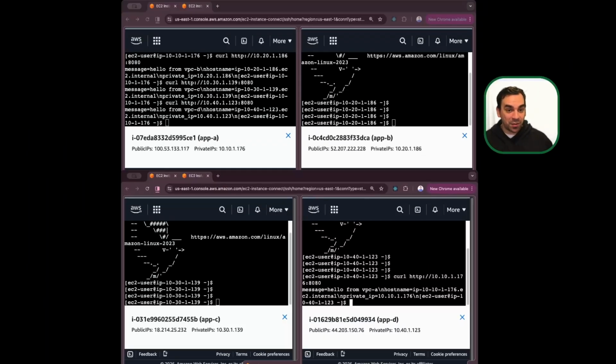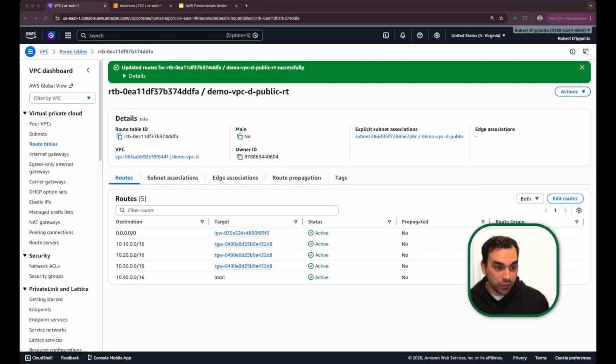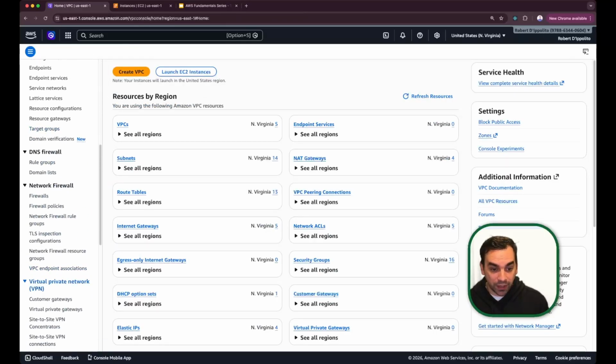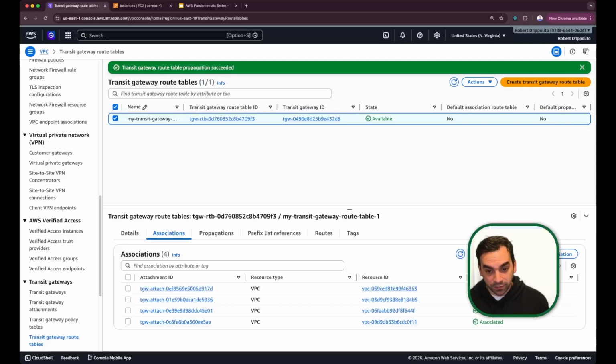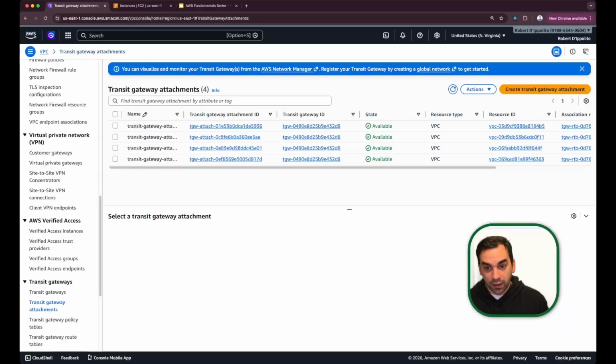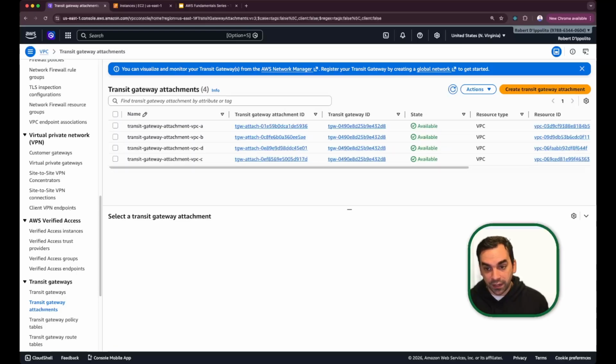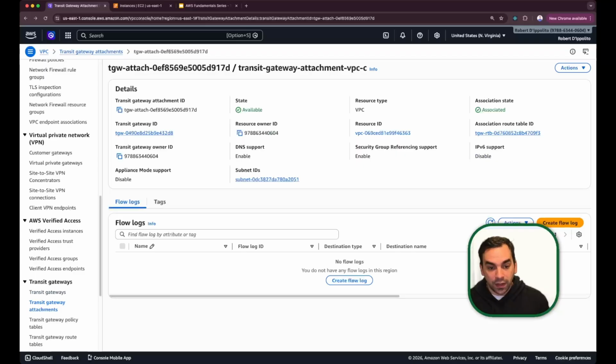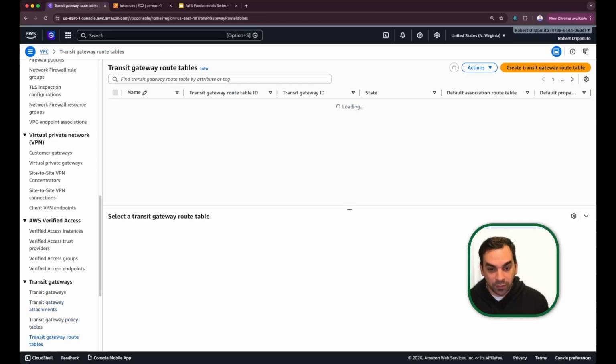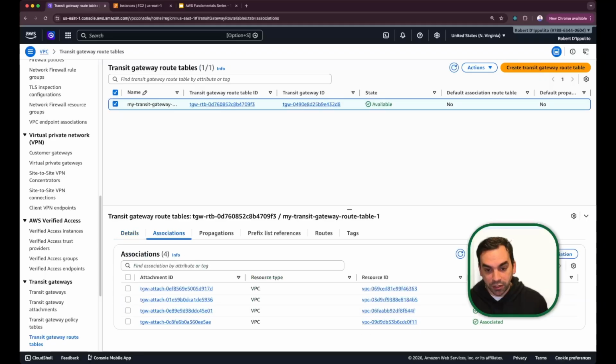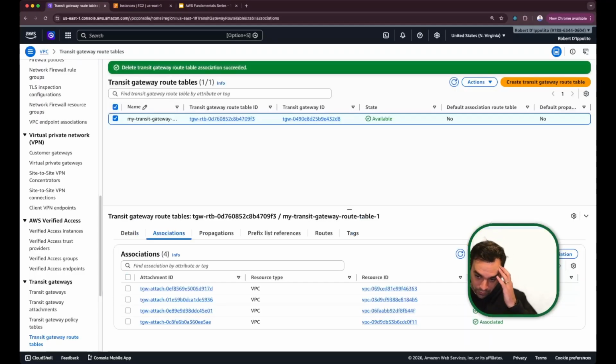So we've fully established this mesh that allows all of these instances to talk to each other through our transit gateway. And now, if I go back to our instance view and I go into VPCs and into transit gateways and I remove an association. If I click this attachment here, we'll see transit gateway attachment A is ending in 5936. And so if I go to my route tables and I go to my associations and I find 5936 and I delete the association, and we'll give it a minute to dissociate,